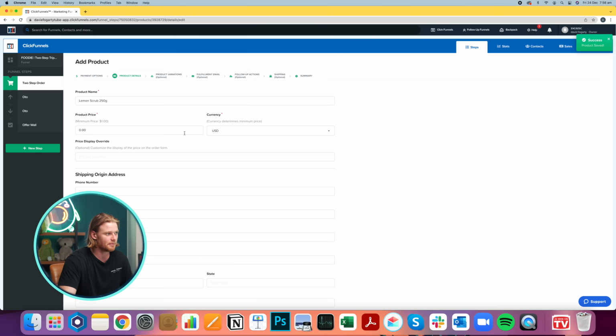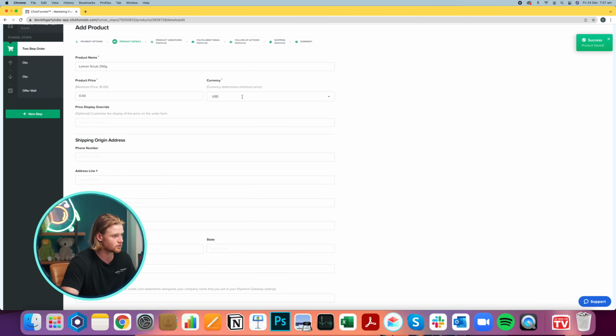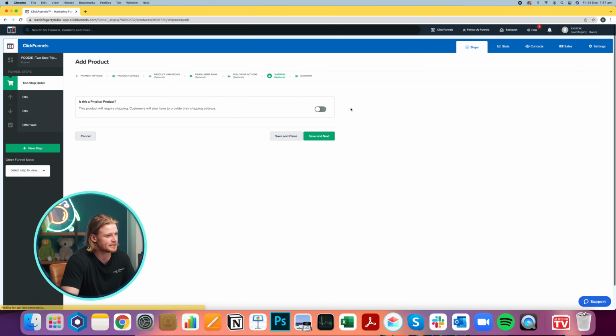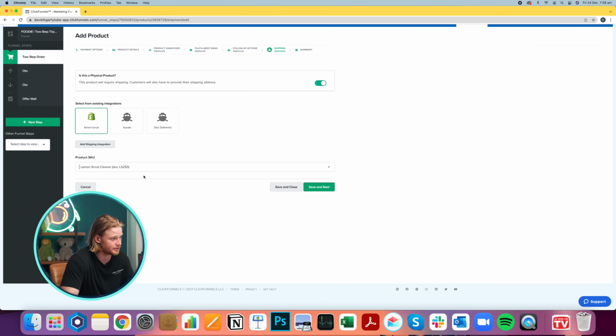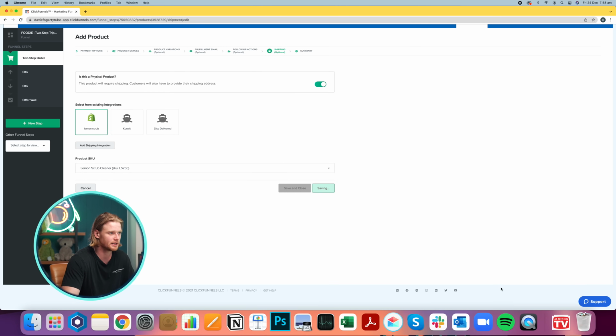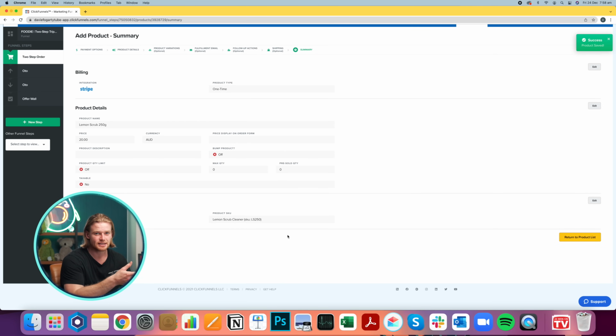It does feel like you're doubling up with this kind of stuff, considering you've already set it up in Shopify, but the place that we actually integrate it with Shopify is only on the last step within shipping, which I'll show you in a second. So I'm just going to race through and enter all of these details. And once we get to shipping, we're going to click yes, this is a physical product, and we're going to have our existing integration here. So we're going to click Lemon Scrub, and we're going to select our product SKU that we set up in the Shopify episode and click Save and Next. Now the product is saved successfully. When people go through that order form, it's going to be for this product specifically. We can add images of that product to our order form, just like Shine Armor had, and we now have a more direct response sales funnel.